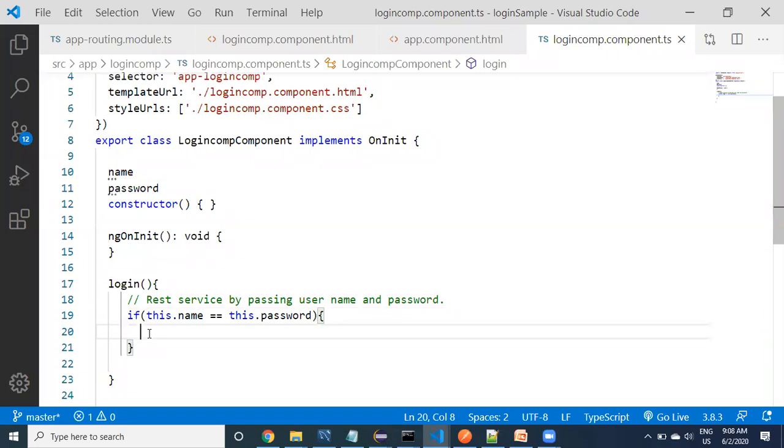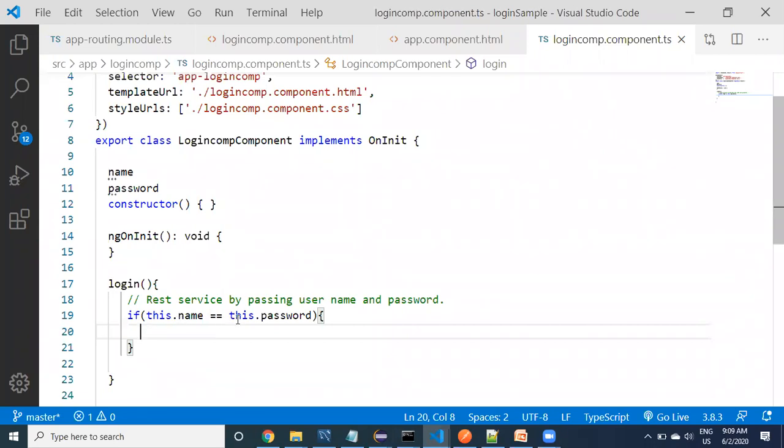Of course, this is not the right way to implement login. This is a simple example to show you, and I just want to focus on something different. In coming examples, when we are working with a real-time project, we are going to see the concept of REST services and how to handle login as well. When we are dealing with the project, we'll come to that. But now I just want to show you a few features here.